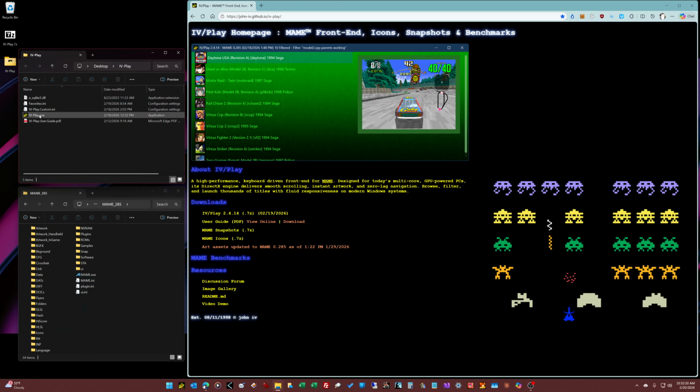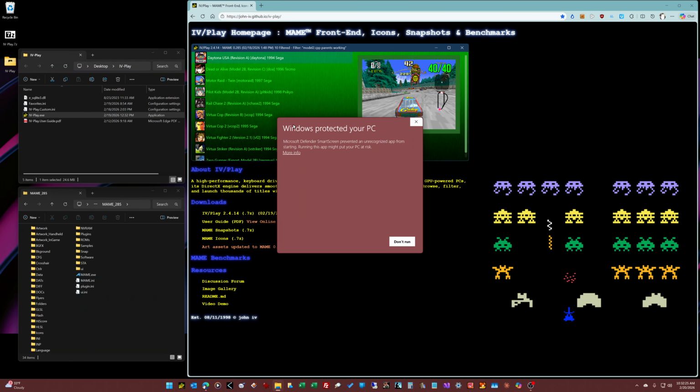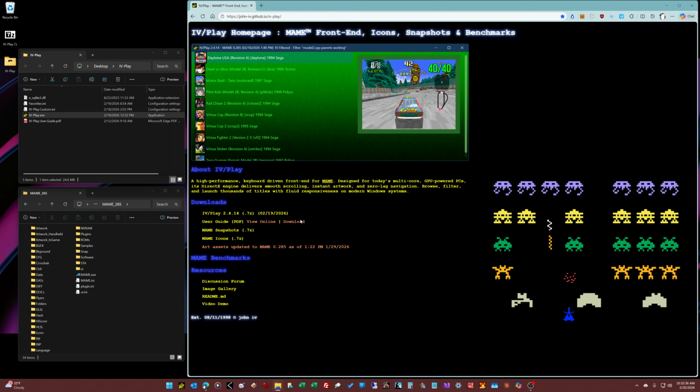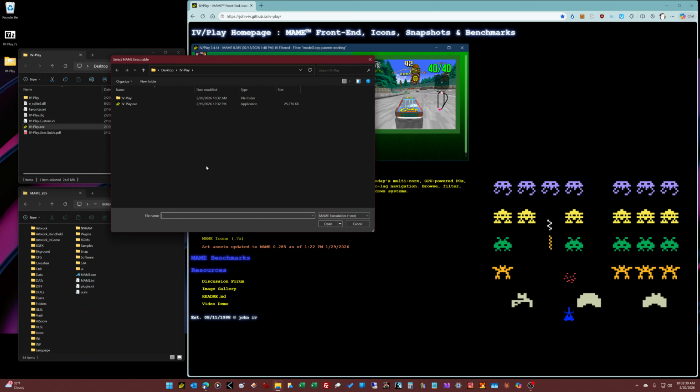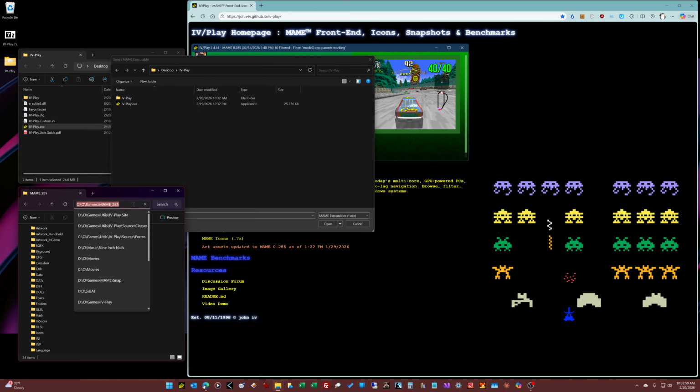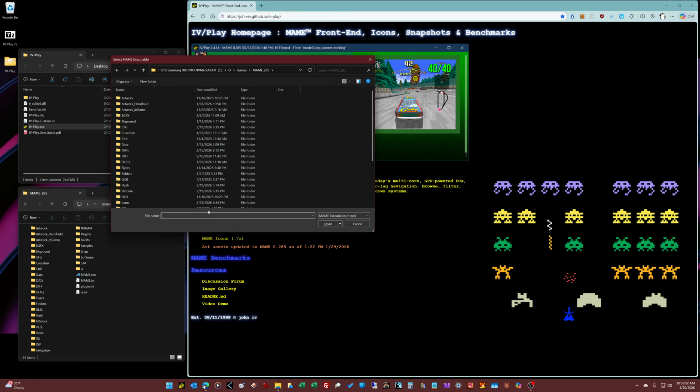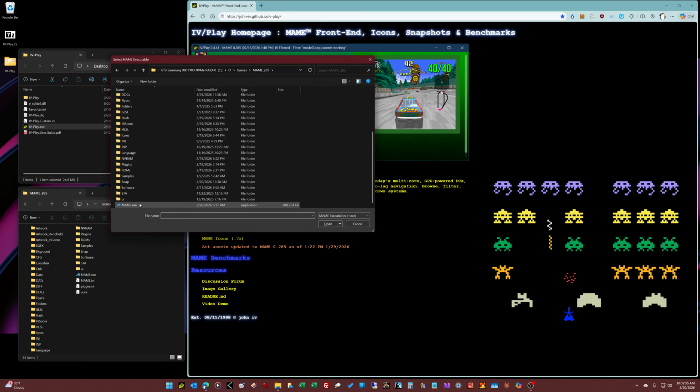So let's go ahead and double-click this, and we'll get a notification from Microsoft Defender trying to protect you because it's an unsigned exe. We'll go ahead and choose Run Anyway. And now we'll get the prompt for where to locate the MAME exe that Foreplay is going to be linked to. So let's go ahead and put that in there so it can find it, and then you just click Open,